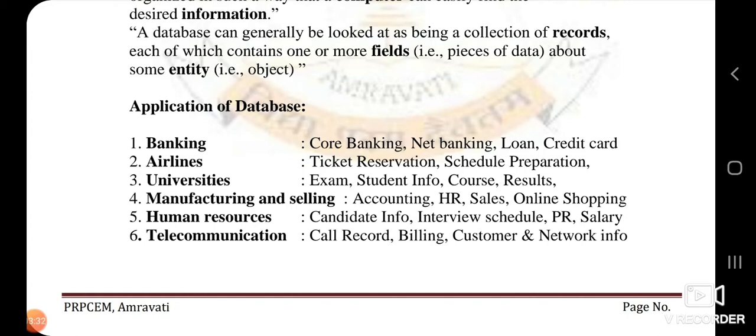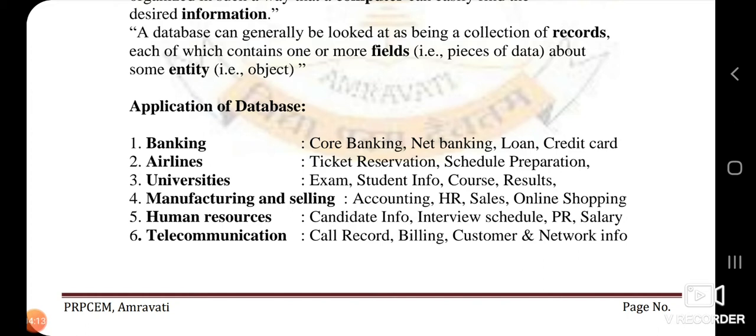Core banking, initially it was like that if you have an account in SBI bank, then you have to go to the SBI bank to withdraw your money. Then came the concept of ATM. Then after that, if you have a debit card of SBI bank, then you have to go to the ATM of SBI bank. Then came the concept of core banking. Now in core banking, what happened? If you want to deposit an amount into ICICI bank and you have your account in SBI bank, you can do it from the SBI bank itself. So you can deposit from there. All the branches, all the banks, they got mixed together. So that is called core banking.